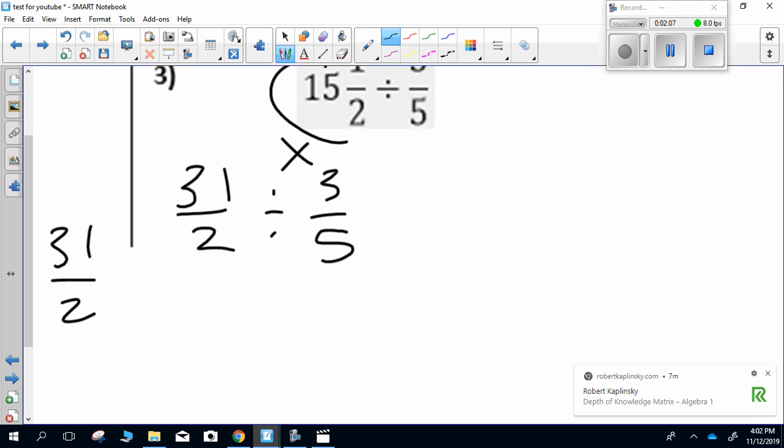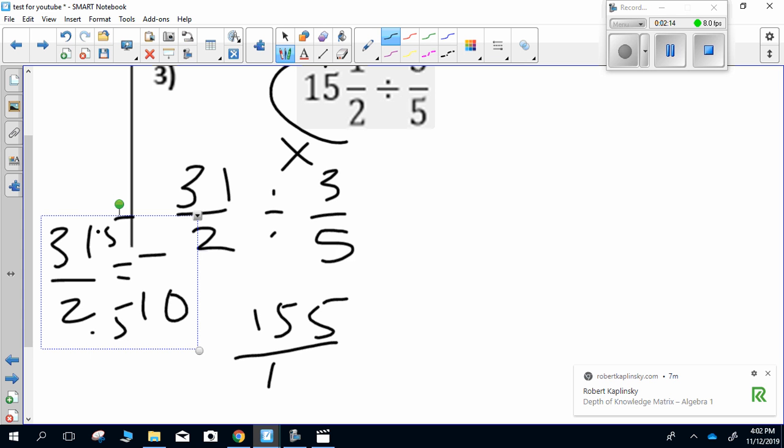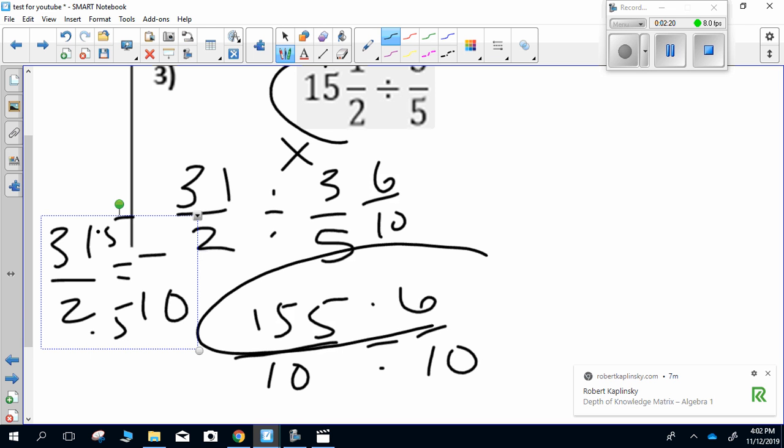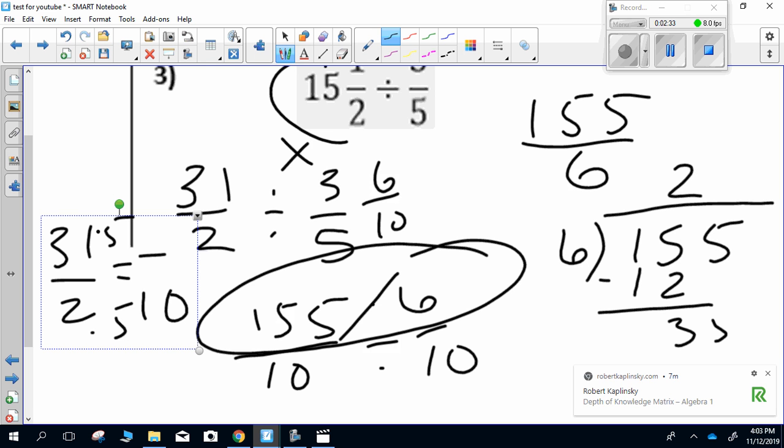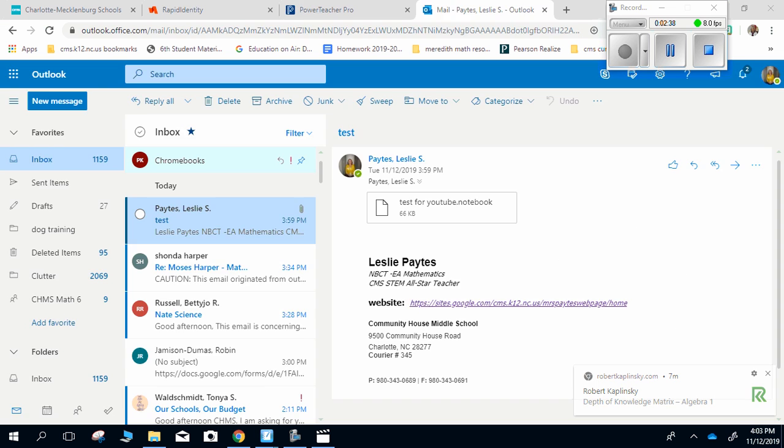So 31 halves, I need to multiply by 5, and by 5 is 155 tenths divided by 6 tenths. So my answer is 155 sixths. And then I need to divide. So 6 into 155 goes twice. And 5 times. And then I have,